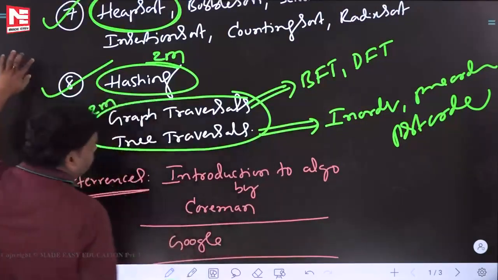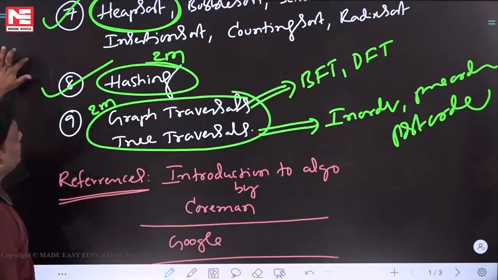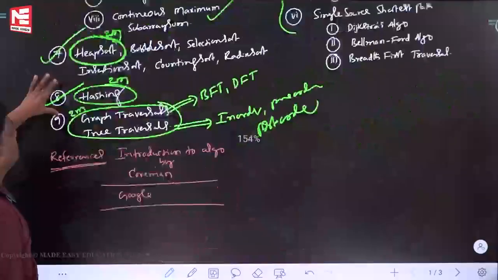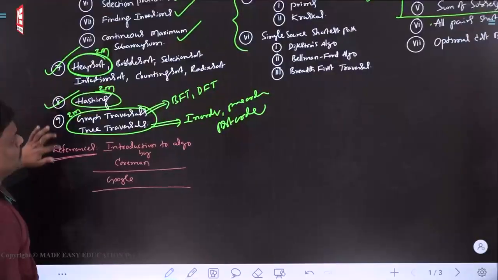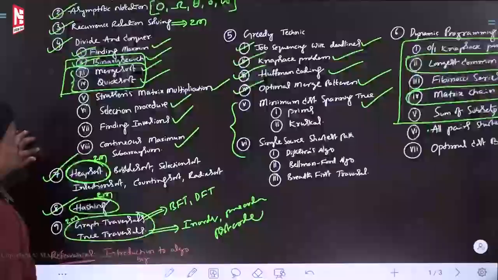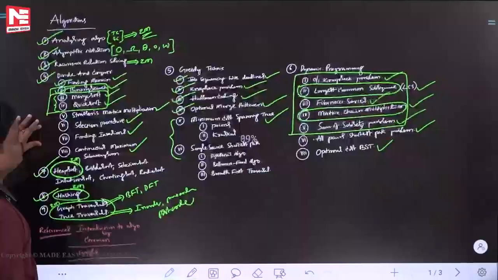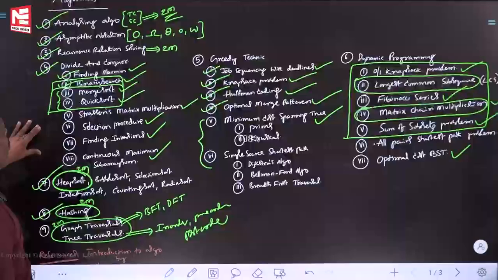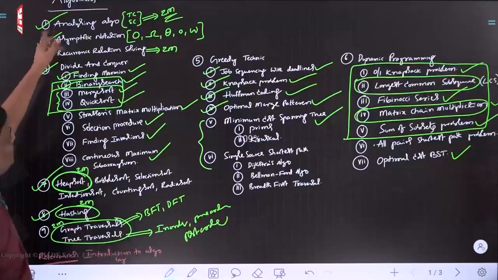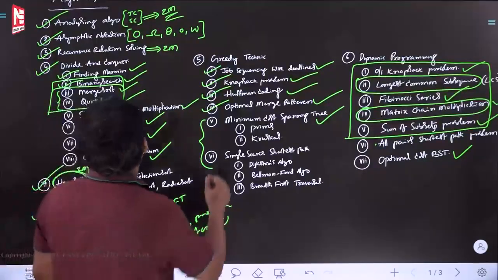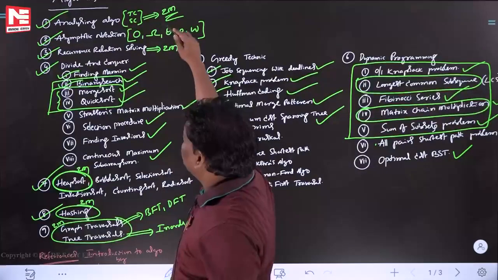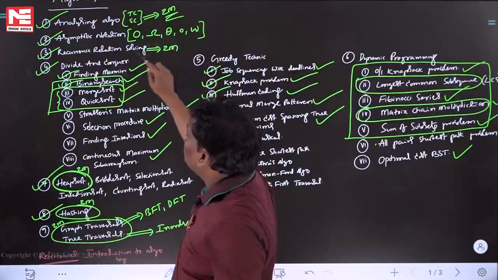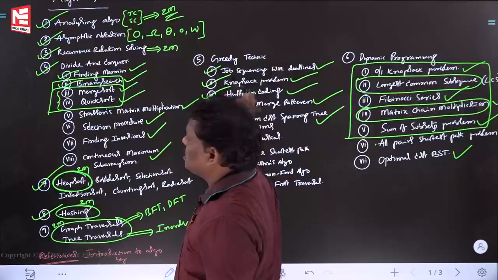Fine. I told you the things which are really required. This is the computer science GATE syllabus for the algorithm subject. So for the algorithm subject, the first chapter is finding time complexity and space complexity. Second is going to be asymptotic notation. These 2 chapters are really important. Third one, every examination 2 marks are coming.